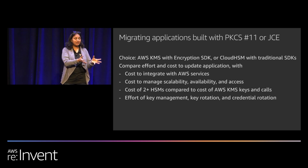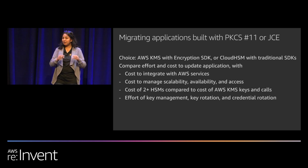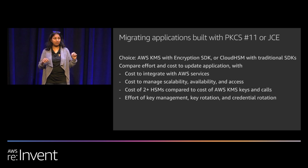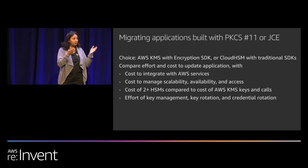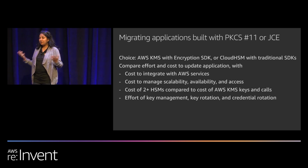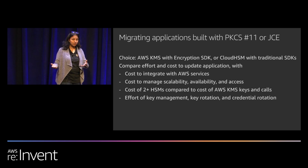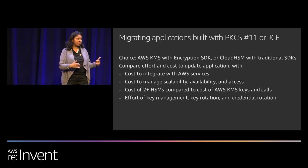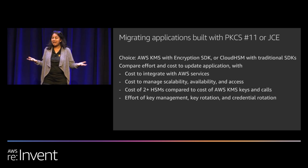That's what's encapsulated in the encryption SDK, which is also available in C and Java and Python, on multiple languages, and open source. It is specifically designed for encryption and decryption operations only. And it is a tightly scoped, well-designed SDK for the specific purpose that you're actually using the HSM for. Right? And so when you're making the trade-off between should I use CloudHSM without changing my application, or should I use KMS after changing my application, I want you to consider the full spectrum of what's actually going to be